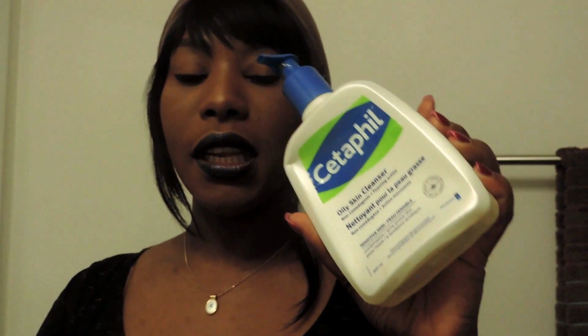So yeah, what have I been using on my face? Okay, I'm going to show you the one that I use consistently most of all. I did show you guys this not too long ago when I was talking about my breakout. I have kind of gone back from using my Cetaphil. I do have it here. This is a Cetaphil oily skin one that I typically use, but for some reason I took a break from it, and